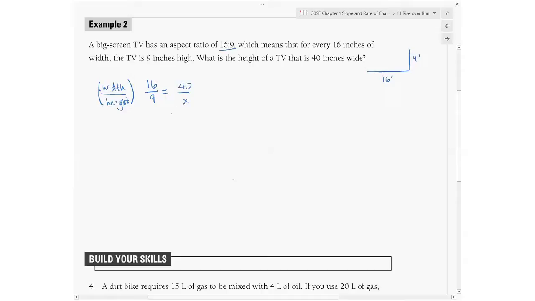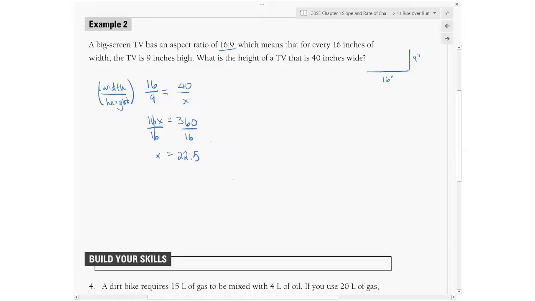Okay. And again, to solve a proportion, you just cross multiply. So multiply the things that are diagonal from each other. So 16 times x is 16x, and 9 times 40 is 360. Okay, I want to get x by itself, so it's 16 times x, so I divide by 16 and divide 360 by 16, and x is equal to 22.5. Okay, because 16 divided by 16, that's just 1, so 1x is equal to